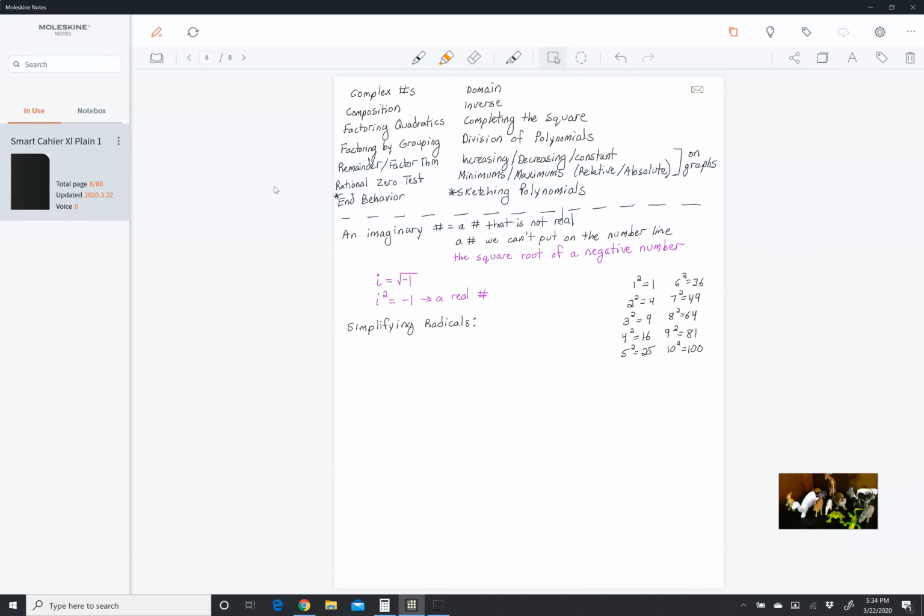Okay, you might even go further than that, and not a lot of people know it, but 11 squared is 121. 12 squared is 144. 13 squared is 169. 14 squared is 196, and 15 squared is